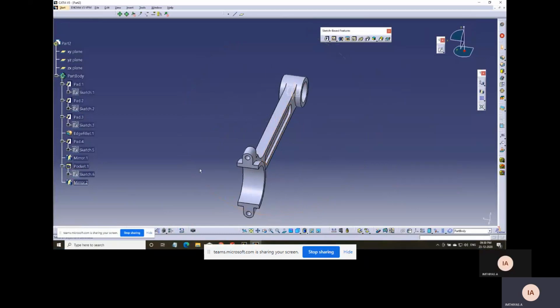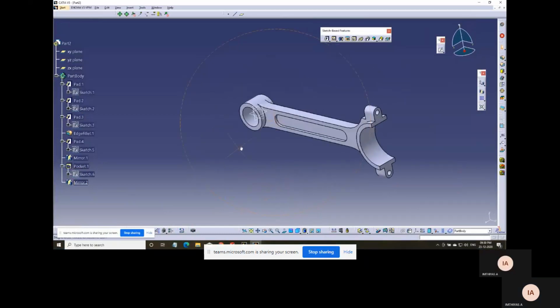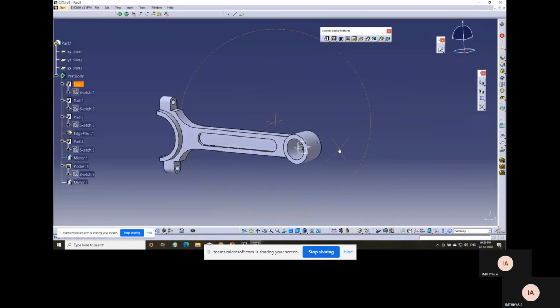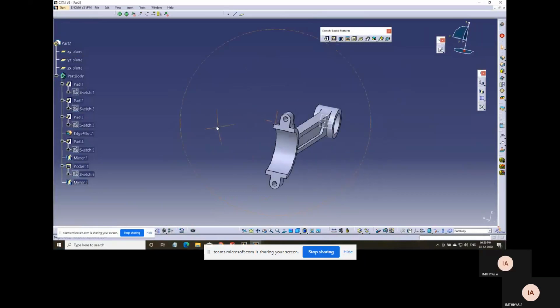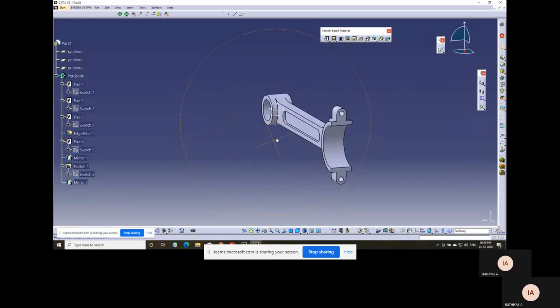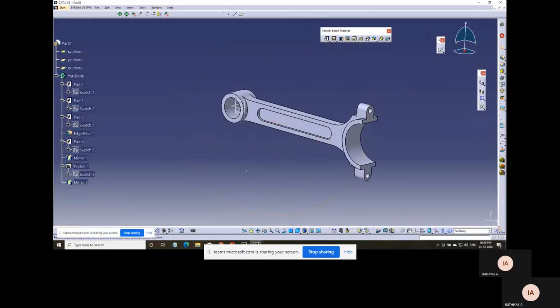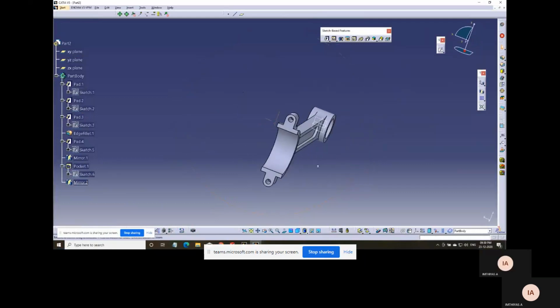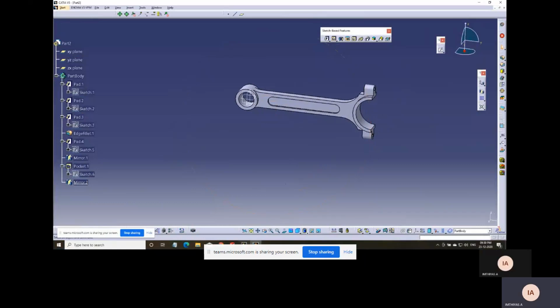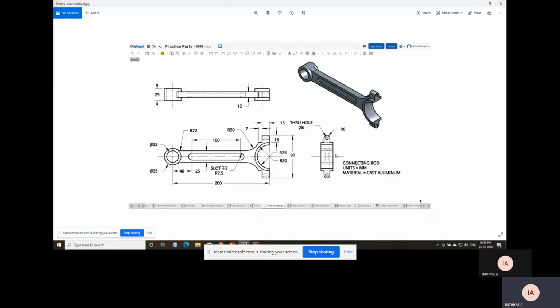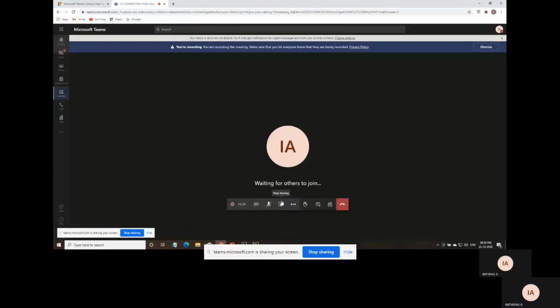Now the same profile is mirrored on the other side also. So now the connecting rod is designed using CATIA. Thank you.